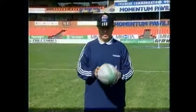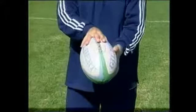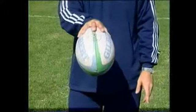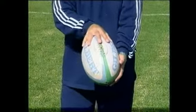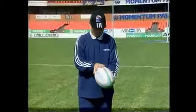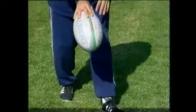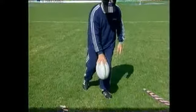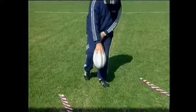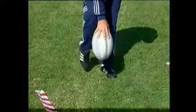The grubber, holding the ball. Right hand on top of the ball, controlling the ball like that. Left hand in a supportive role. When I drop the ball it will drop down like that. You'll see my left foot will always be in the direction where I want to kick the ball. My right foot, same, but now I'm picking up the knee first, drop the ball lower than the knee,